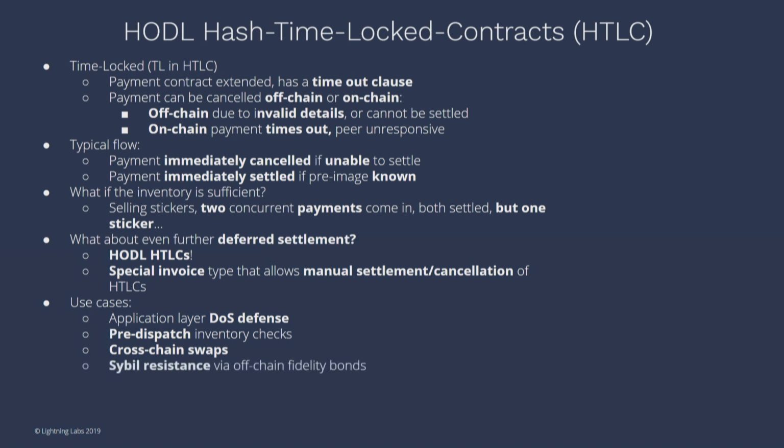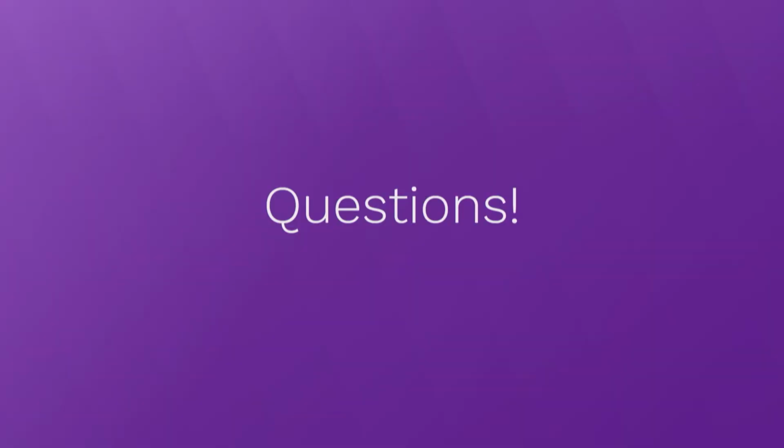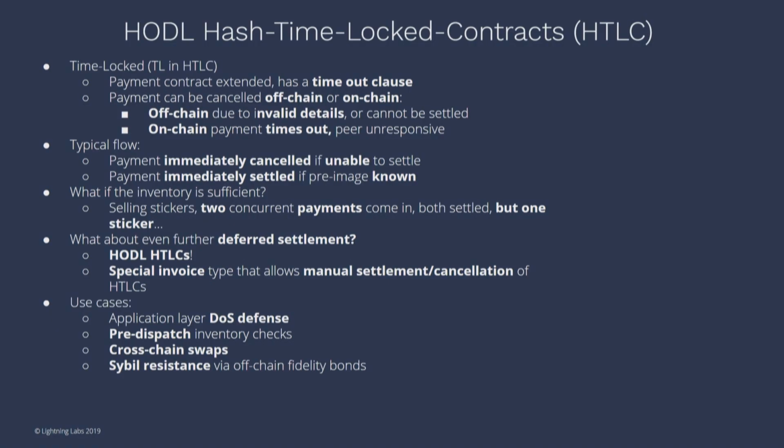Another cool thing you can have is Sybil resistance itself. Let's say you were doing something, maybe a coin or something like that, where you wanted to make accounts partially costly. What you can do is have an individual always extend a HODL HTLC to you, and that acts like an opportunity cost, right? So all of a sudden they have to actually spend their funds in order to access the service, which lets you rate limit them a little bit more and incur some costs to ensure that someone can't just spin up 1,000 different IDs or whatever and access your service at once. And that's it. Questions on this or anything else?